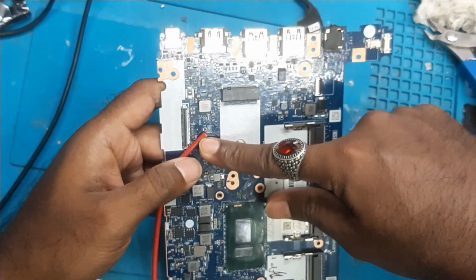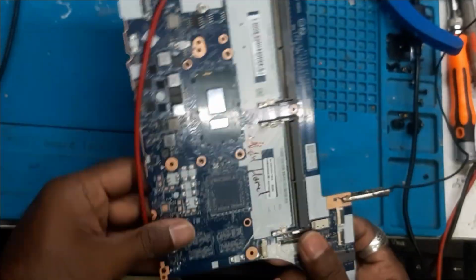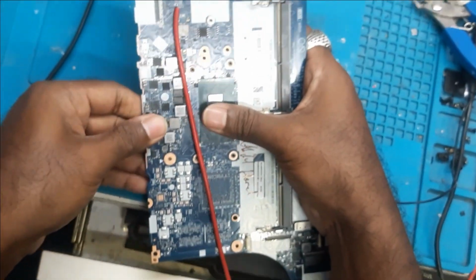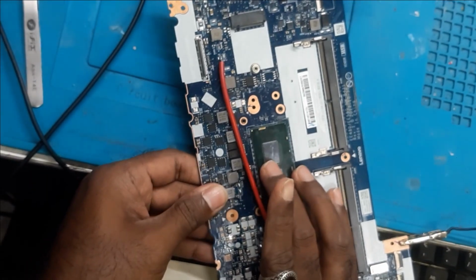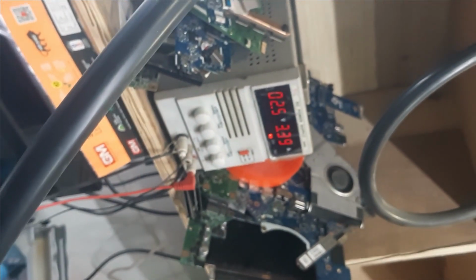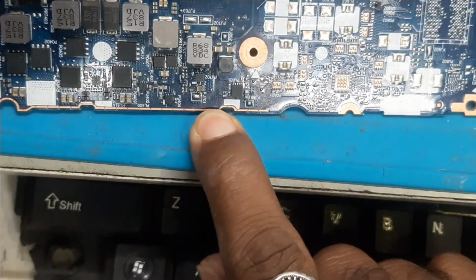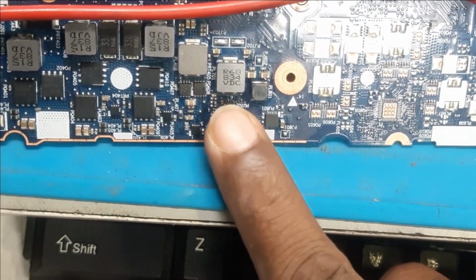Let's see. Still I have not found it. Let's increase a little more. 2 volt. Okay, we got it. So at 2.5 volts it is taking 3.3 amp and this cap is heating. This cap you can see nearby PJ701 is heating,